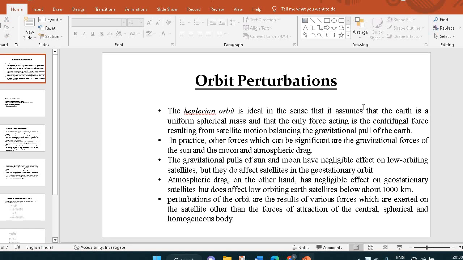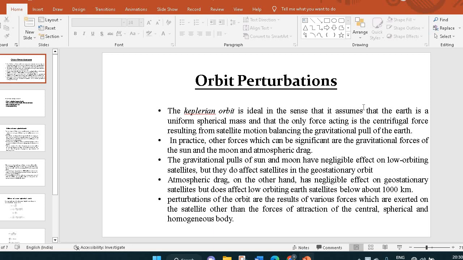Good morning. Next topic is orbit perturbations. The Keplerian orbit is ideal in the sense that it assumes that the Earth is a uniform spherical mass and that the only force acting is the centrifugal force resulting from satellite motion balancing the gravitational pull of the Earth. In practice, other forces which can be significant are the gravitational forces of the Sun and the